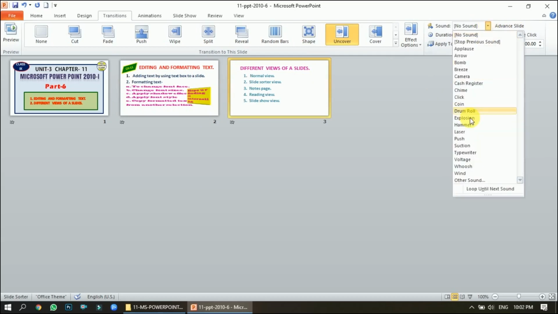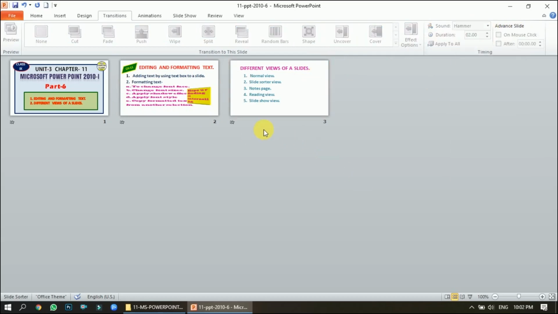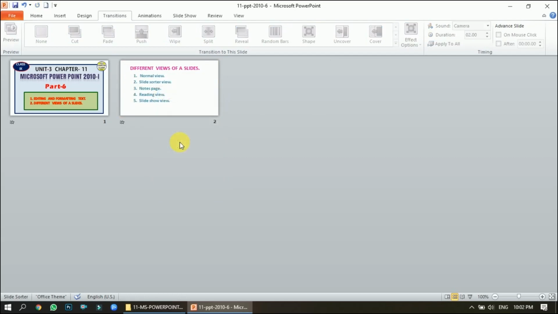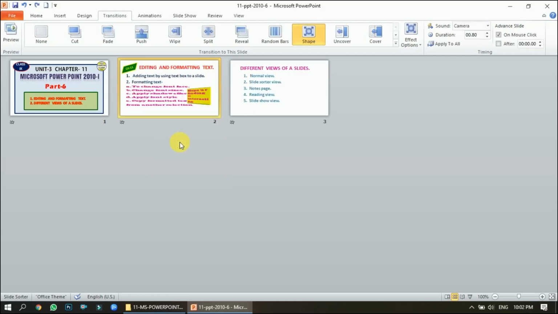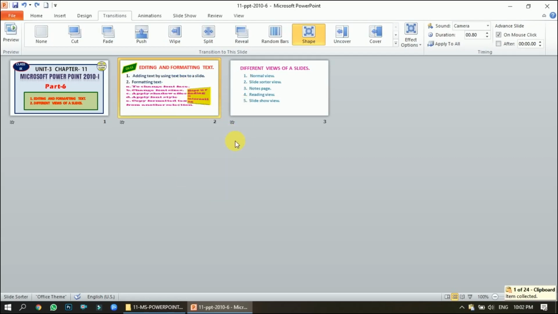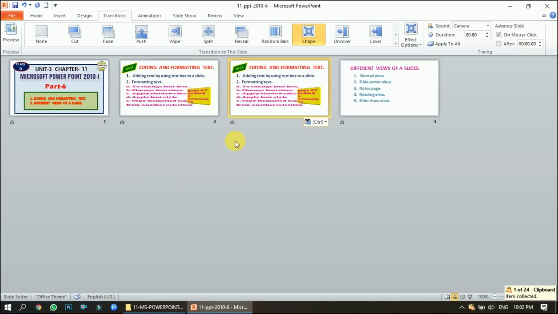So if you don't like some slide, you can even delete the slide. For example, I delete the slide from here. Just right click and delete the slide, or copy the slide, copy and paste. So these kind of changes you can apply in the slide sorter view.